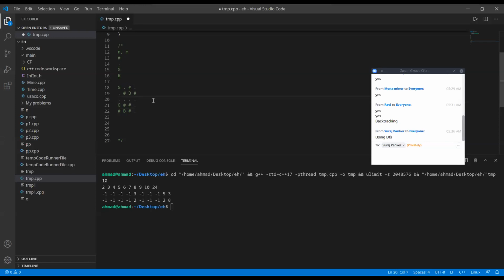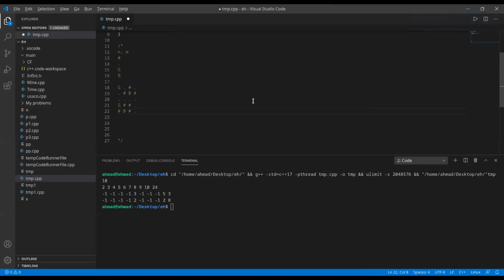So what we'll do is run DFS from here and check if it visited all the good people and didn't visit any bad one. Then this matrix will be good and we'll print yes. Otherwise, we'll print no. So just run DFS from here and check if we reached all the good people.